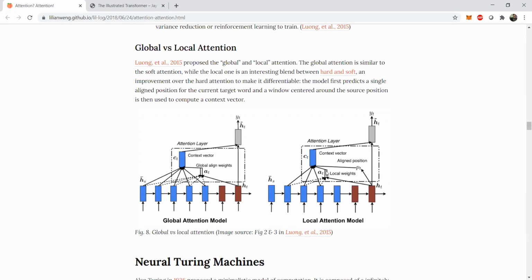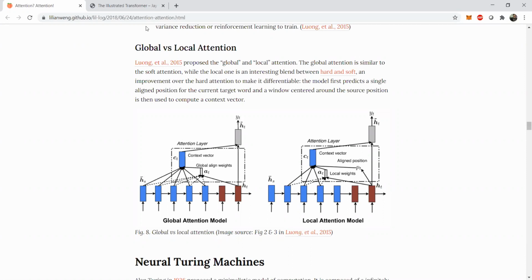But in the case of local attention, we selectively collect the context, let's say of 3 words or 3 LSTM cells at a time, and then we compute a context vector. Then again we shift to the next 3 LSTM cells, multiply the scaled dot product of the weights, and compute the context vector again. This repeated operation in the local attention model gives you a very good abstraction of the important features or context in a particular sentence.